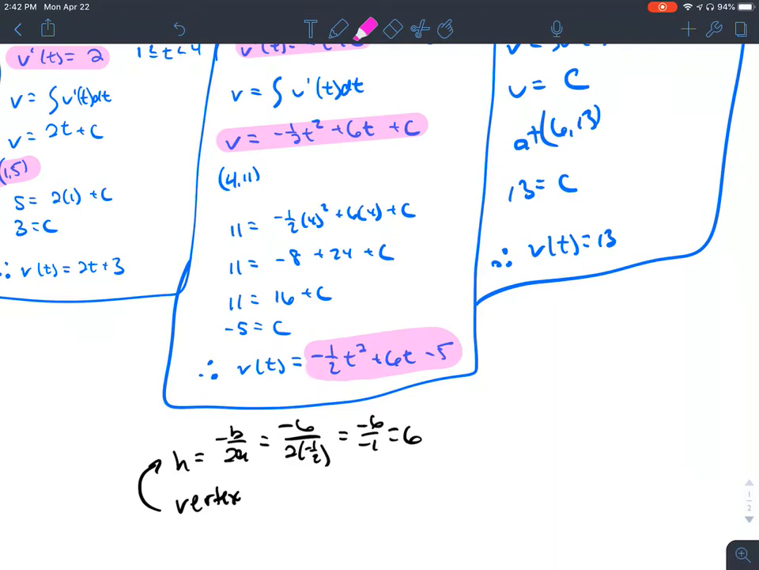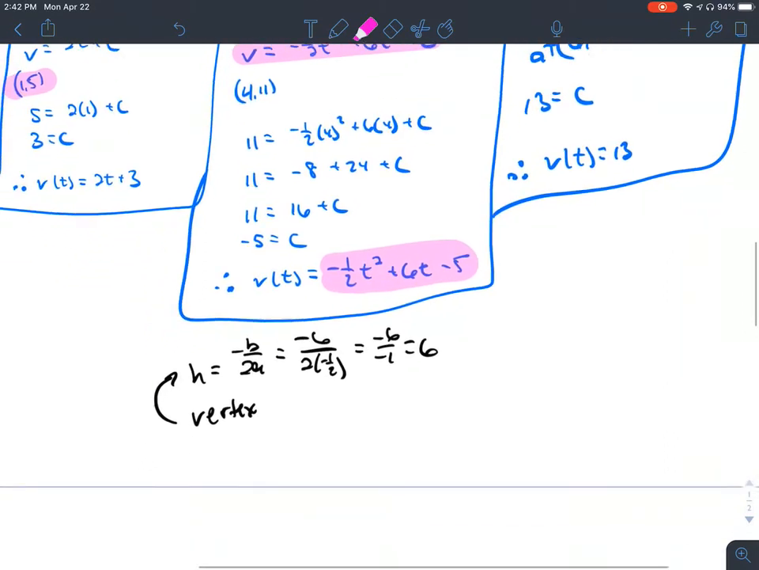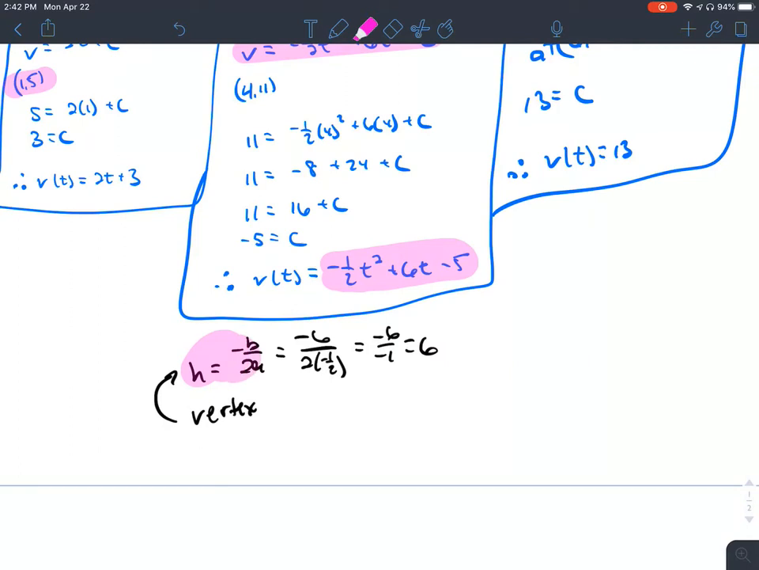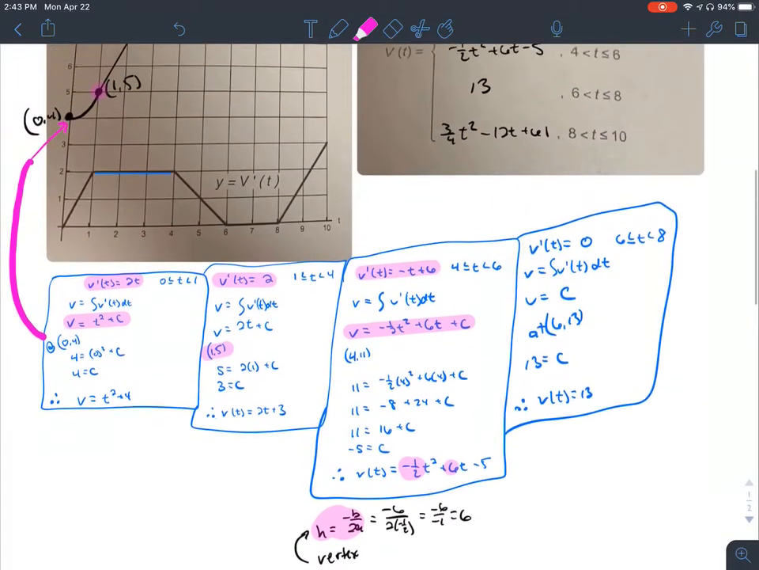Now to graph that, it's easiest if you know where the vertex is. This is the vertex formula for h, negative b over 2a. My b in this case is 6, so I have a -6. My a in this case is -1/2, so 2 times -1/2 is -1. If you divide those, you get 6. So I know my vertex is at t equals 6,